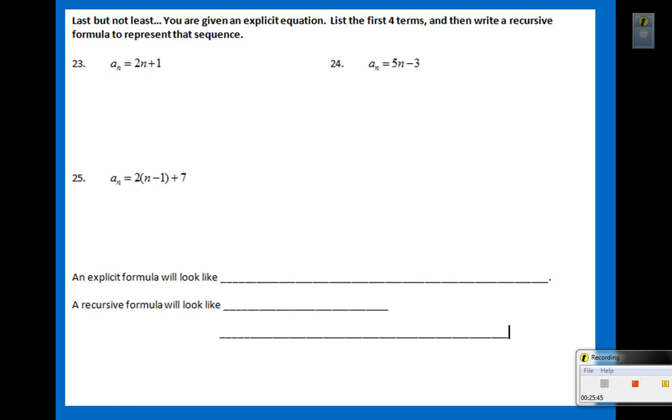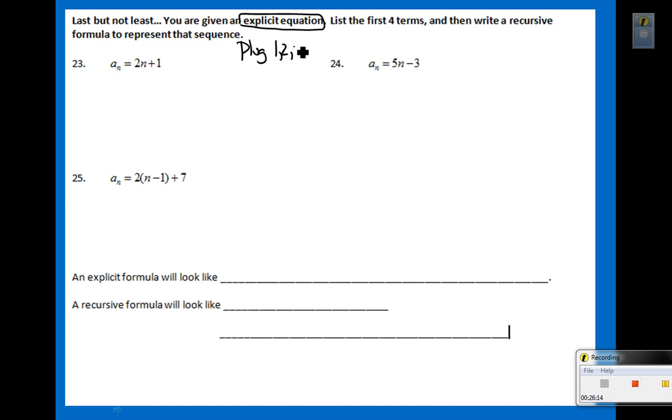So look at your number 23 if you would. It says, last but not least, you're given an explicit equation. That's what we started the class off with. List the first 4 terms, and then write a recursive formula to represent that sequence. So starting off, we're given an explicit. So you're just given some equation. Remember how to get your first 4 terms? Plug in